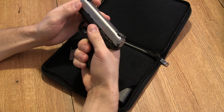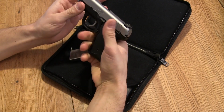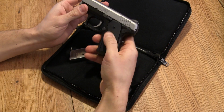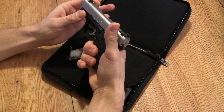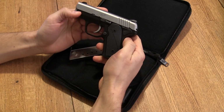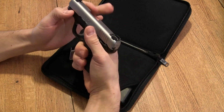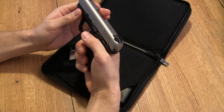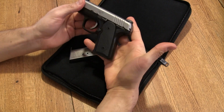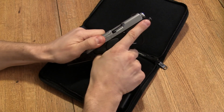When you look at the grip, you can get about 2 fingers on there, wrap your pinky underneath. There's some checkering on this synthetic insert that gives you a little bit of purchase with your fingers, but otherwise feels smooth. And being that the frame is made entirely out of aluminum, it gives you that solid feel as if you were holding a larger gun, even though it is obviously smaller than my hand. The slide is made of stainless steel,